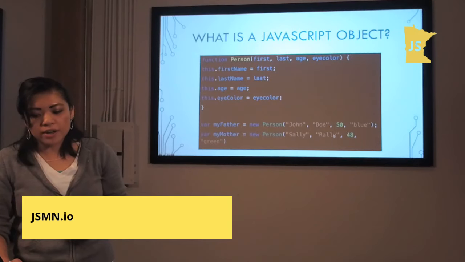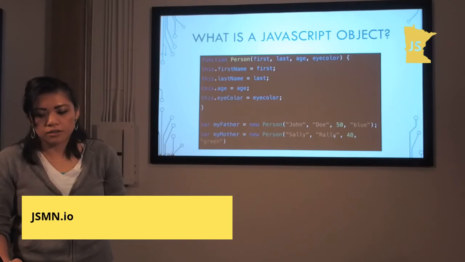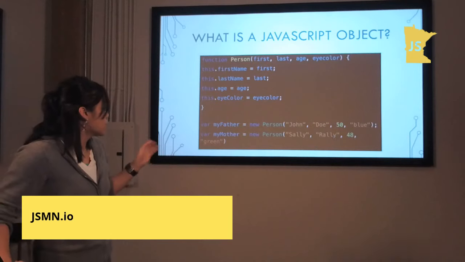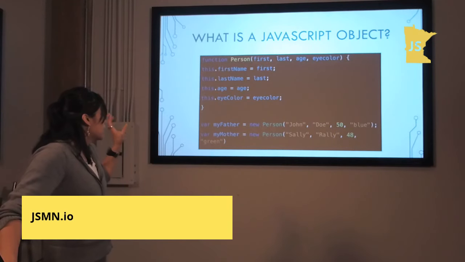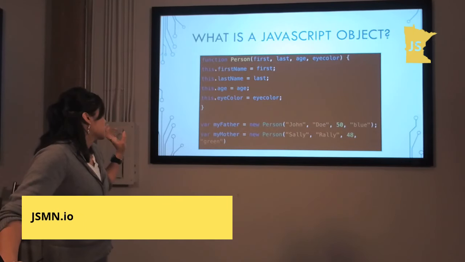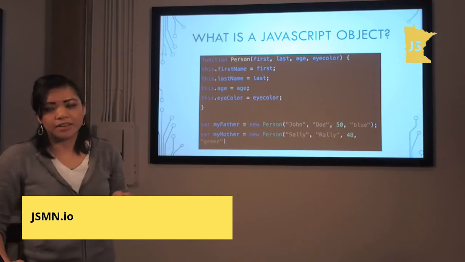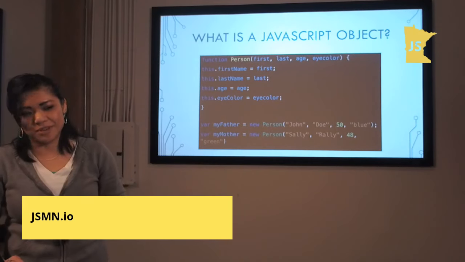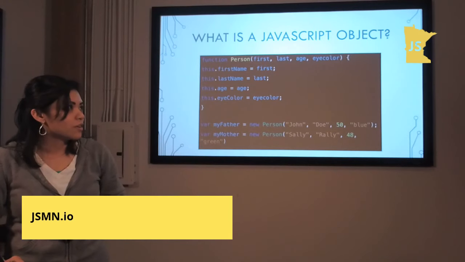So, what if I wanted to add hair color? Well, then obviously we would have to go inside the person function and do this.hairColor equals hairColor, or this.height equals height, blah blah blah, and that's not fun,